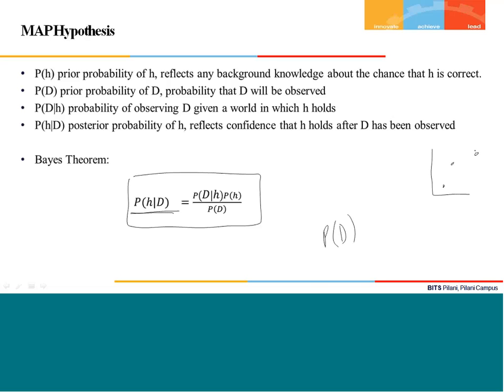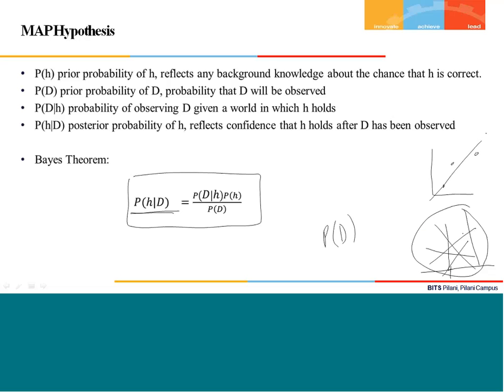Now the hypothesis space for you will be the infinite lines in a 2D plane. So this could be a line, this could be a line, this could be a line. Any of the lines